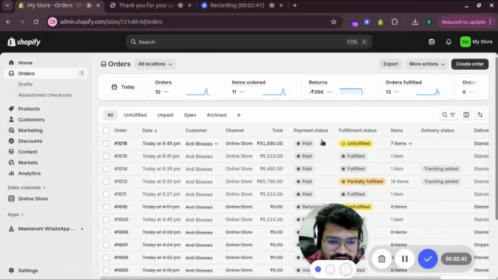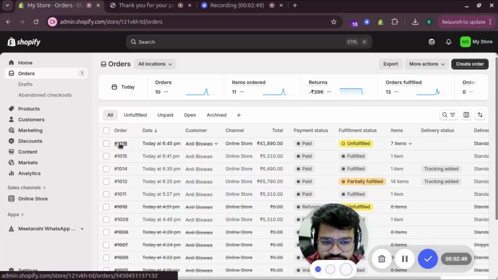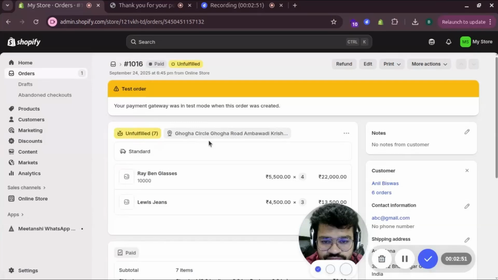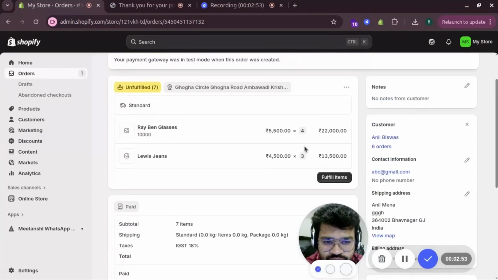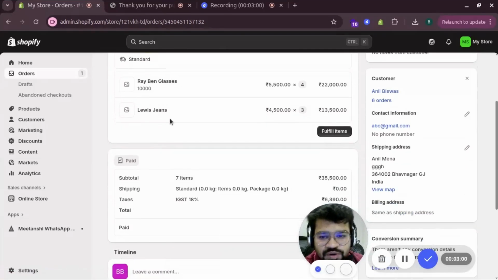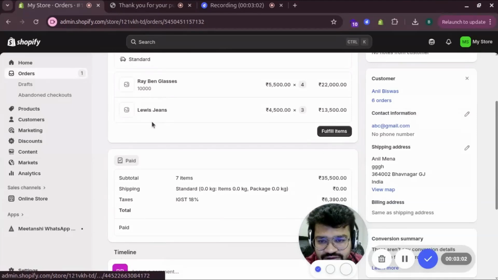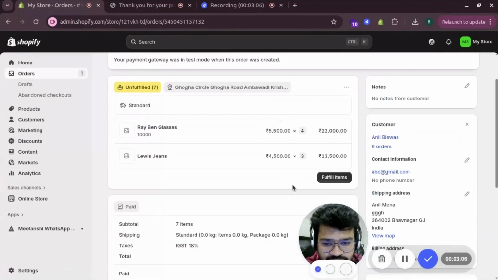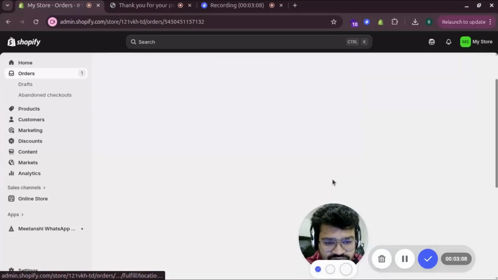You can see the fulfillment status is unfulfilled as of now. I'll click here. There are 4 Ray-Ban glasses and 3 Levi's jeans, and let's say only 1 Ray-Ban glass and 1 Levi's jeans is available, then what he can do is click on Fulfill Items,